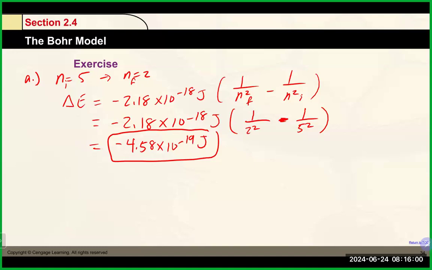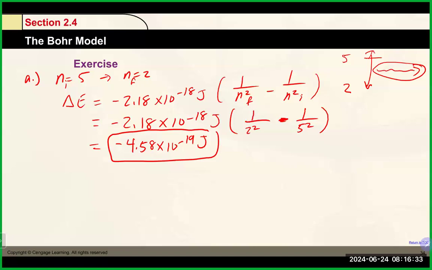Here our energy is negative, and that does make sense because in this case, our electron is starting up on the 5th energy level and dropping down to the 2nd. The only way to do that is to give energy off, and that should be exothermic and a negative number. If our electron was heading in the opposite direction, going from the 2nd energy level to the 5th, the only difference is the sign would be positive. You get the same number,